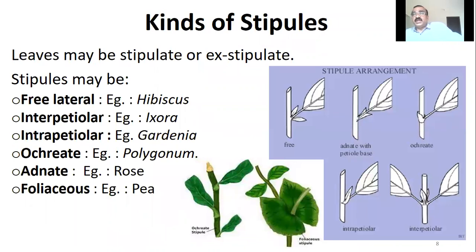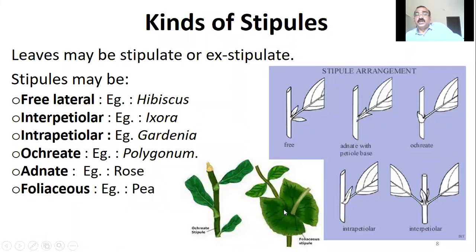Now next, let us study an important part of the leaf, which is called stipule. Now what is a stipule? See, stipule is an appendage that is found at the base of the petiole. So at this point where the petiole joins the node, you will find some appendages, some scale-like structures in some of the leaves, whereas this may not be present in all the leaves. Some leaves may have it, some leaves may not have it. Now these appendages are called as stipules.